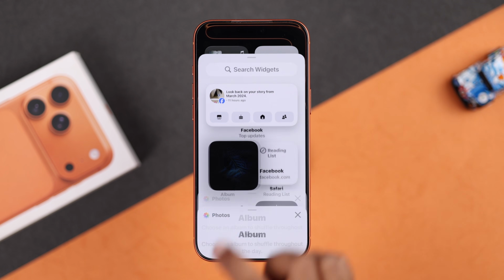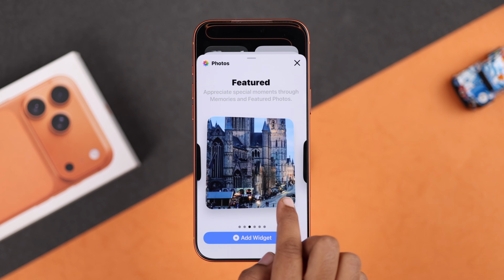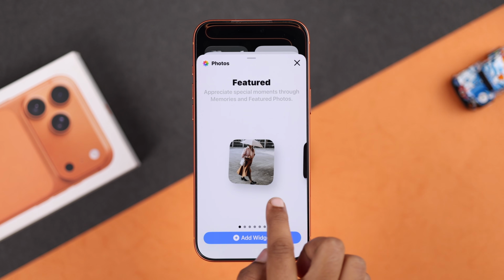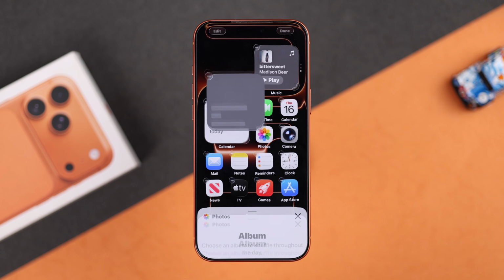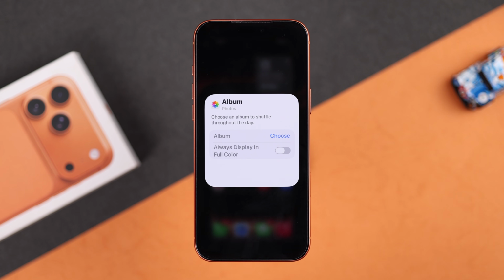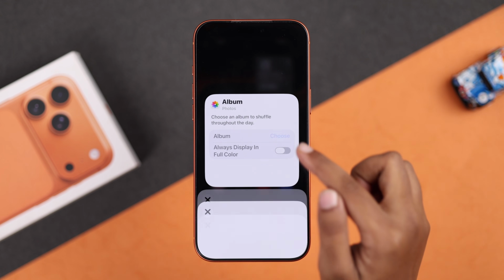For example, select the photo widget to show your favorite album. Now choose any of the sizes. Now tap on add widget and it will pop up on your home screen. Now you can choose your favorite album, select it,